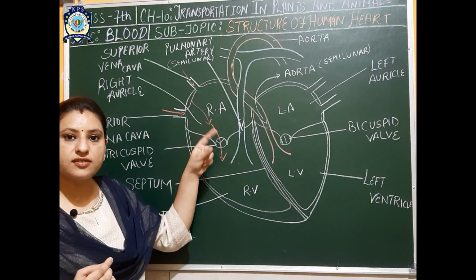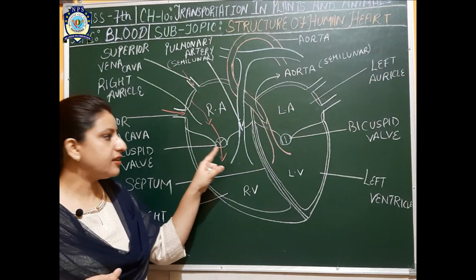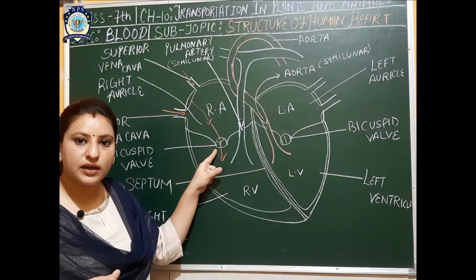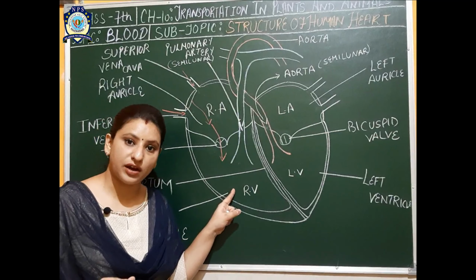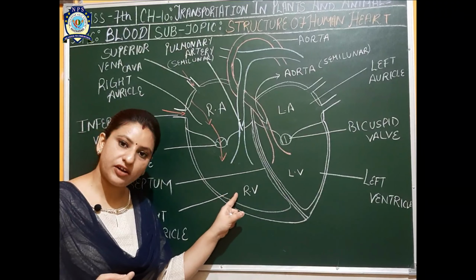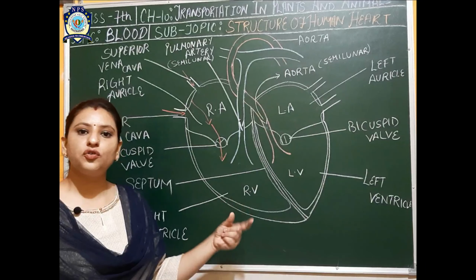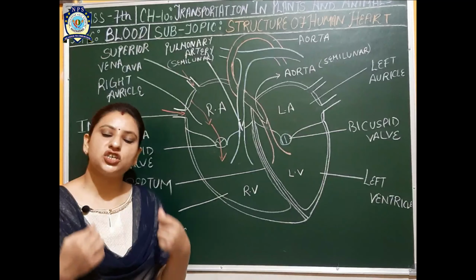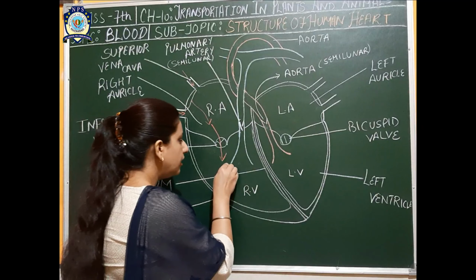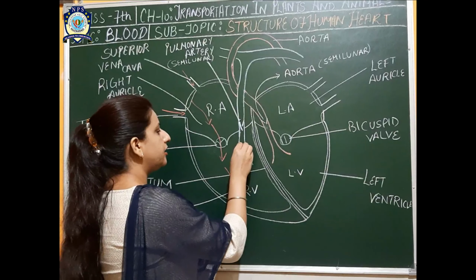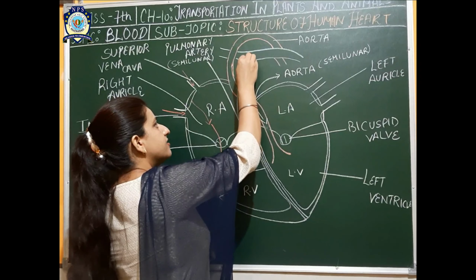As the pressure becomes more on the right auricle, the tricuspid valve opens and the deoxygenated blood enters into the right ventricle. Now the blood starts filling in the right ventricle, and after some time the right ventricle is also filled with blood, and pressure is generated on its walls. Now the right ventricle will pass the deoxygenated blood to the pulmonary artery,